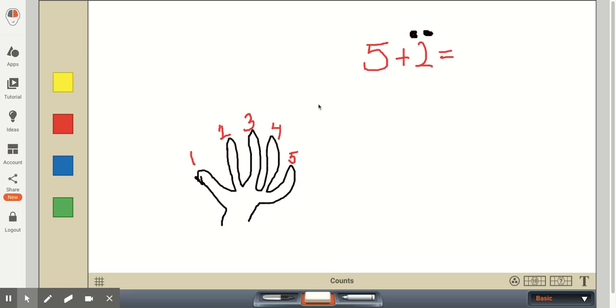So the same thing, for instance, if the problem is 5 plus 2, a student shouldn't have to take a number of objects and count them. 1, 2, 3, 4, 5. At the beginning, they may have to. They may have to take out some concrete blocks or draw pictures, but eventually we want them to understand that if they're counting these 5 fingers, that represents the total of 5. That's not going to change. So in this problem here of 5 plus 2, we start with the 5, and when we add 2, we're counting on 2. 5, 6, 7. So that will be the sum of this problem.